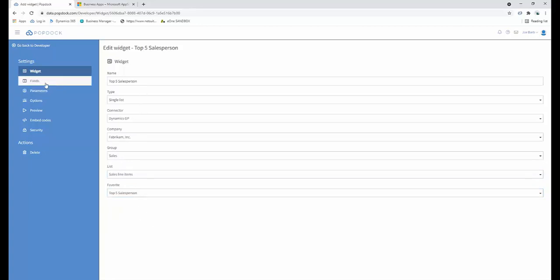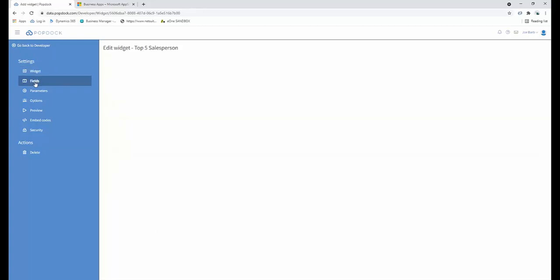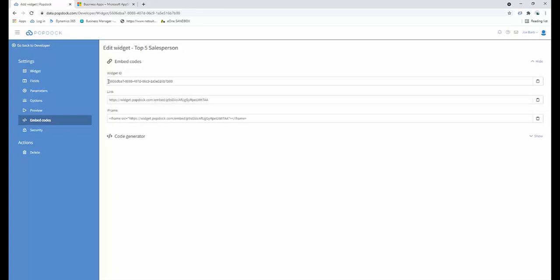So now that I have this configured, let's go over to fields, which, this is going to be a chart, so there's nothing needed here. Parameters, I will show you how to configure that later. Options, this is just the options that you want to show when viewing the widget. I'm just going to leave everything unselected for this example. Most of this is already configured, so the last thing that we need is this widget ID. So you want to go over here to the embed codes, grab the widget ID,